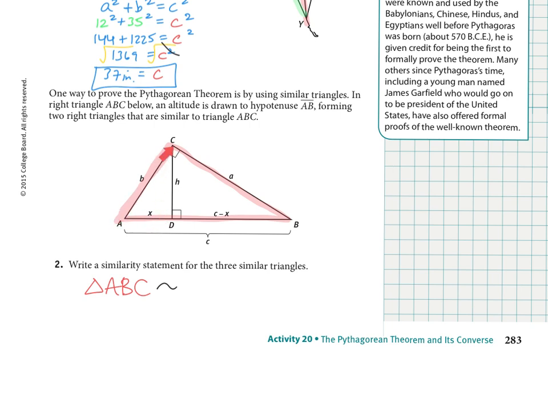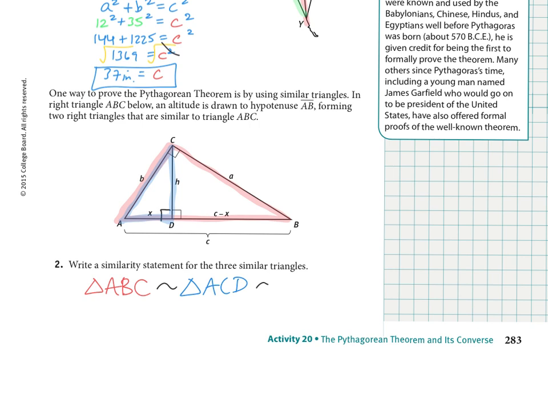Now let's maybe look at this triangle first. We have to discover the right angle, which, remember, if we know this is a right angle, this will also be a right angle. So I'm going to draw that in to kind of help us out. We want to figure out, how do I list this angle last? And also, when I'm labeling this, I have to list the hypotenuse first, just like we did with AB. So if we want to list the hypotenuse first and also have this right angle last, we would say it's going to be similar to triangle ACD. So let's try that again. It's going to be similar to triangle ACD right there. So we're going to fill that in. It's similar to triangle